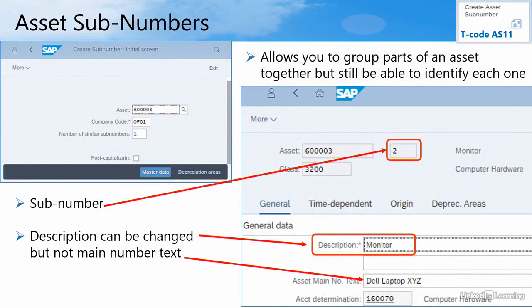All assets, when first created, will have a subnumber of 0. Additional subnumbers can be used to group parts of an asset together, for example, a monitor and a processor, which are always used together as a single desktop computer, but perhaps you want to record the values and serial numbers separately. Typically, you'd create the main asset first with Create Asset Transactions, then go into a separate transaction called Create